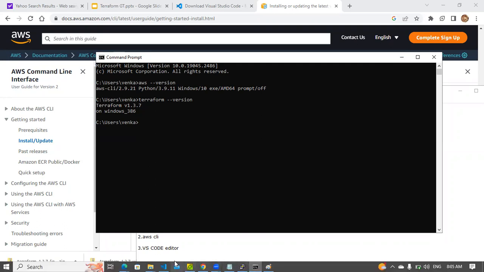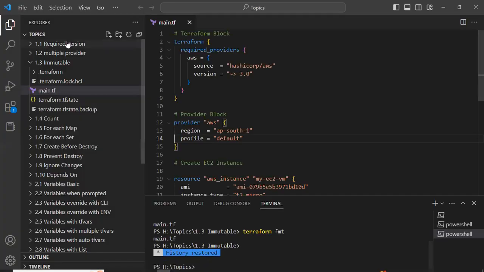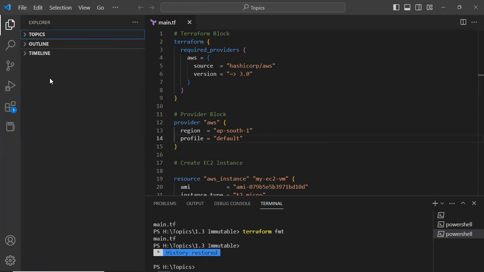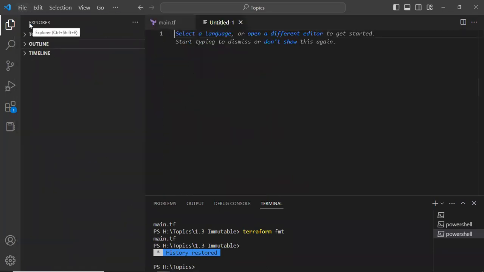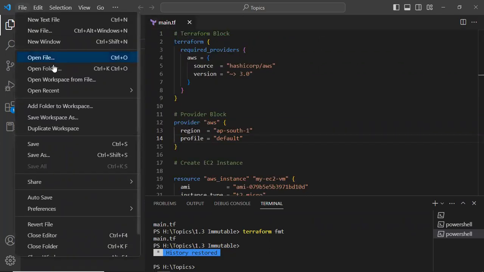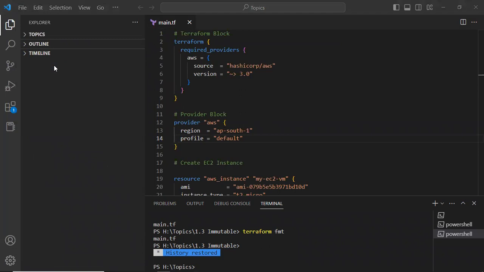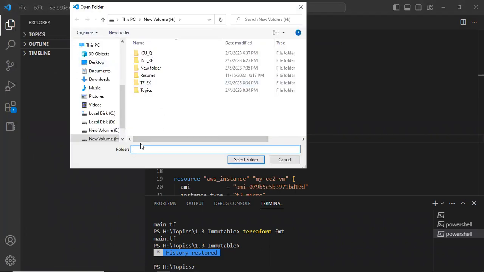Then the next thing is VS Code. Open a folder.